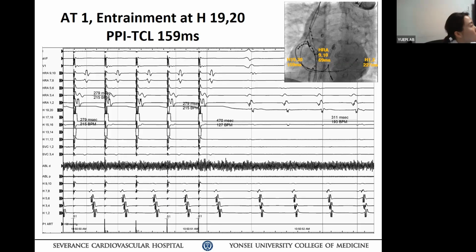So he insisted on just the detailed 3D map. At the time, Rhythmia was initially introduced, but I think we can get a lot of information by entrainment pacing. Still, it is very important. So I would like to listen to Dr. Ohm's experience. He has many patients with